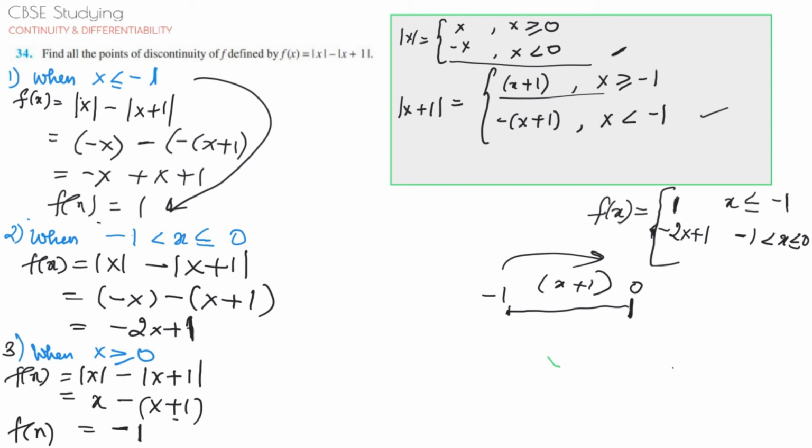So in the function, finally over here I get f(x) = -1 when x is greater than or equal to 0. So you understand why this question is important, because in the other questions, this function part is already given to you. But in this question, given the modulus, you are first breaking down the modulus into conditions as to what happens when x is greater than 0, lesser than 0, equal to 0. And what happens to x plus 1 when it is greater than minus 1, lesser than minus 1, equal to minus 1. After doing that, you evaluate the function on all the points of continuity for all the conditions, and you formulate the function. So you're formulating the function yourself.